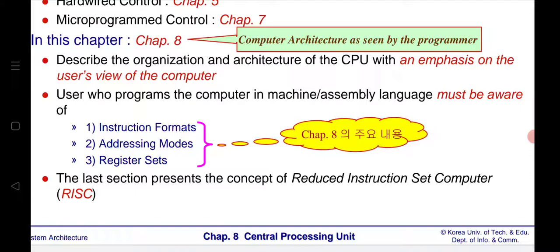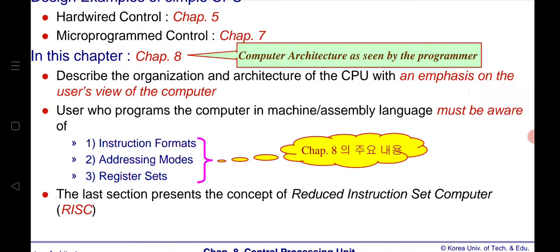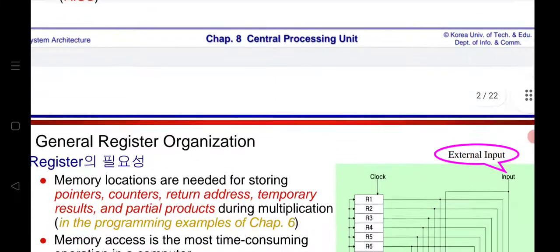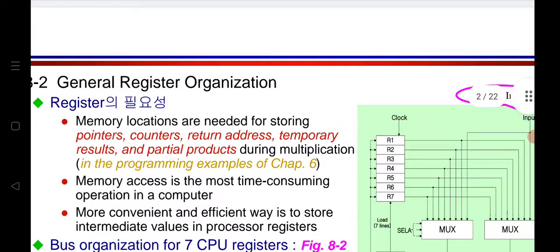That we'll be going to see. Later, in the second part of our third unit, that is RISC and CISC, we are going to cover the reduced instruction set computer and the complex instruction set computer. Okay, now let us see the